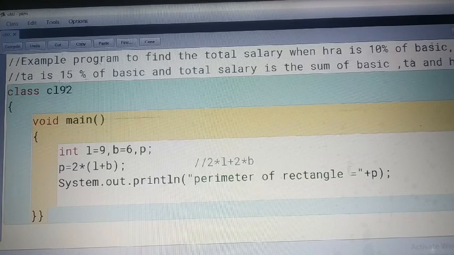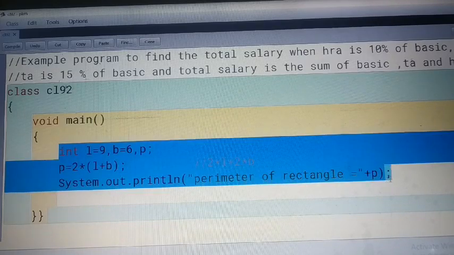If this kind of program is given, first you will read carefully. It is saying how many variables we need; first we have to clarify. The program says calculate the total salary, so surely there will be one variable that will handle the total salary.